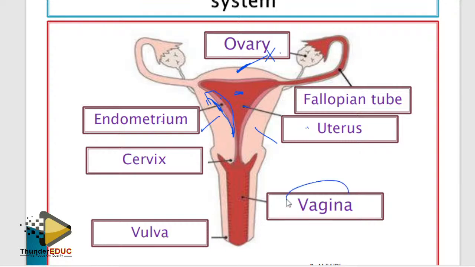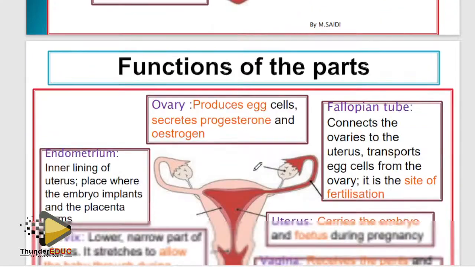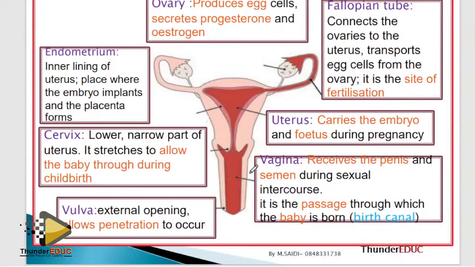What is the second name for the vagina? We said it is the birth canal. Don't call this one the oviduct, the same way you don't call it sperm duct. Call it fallopian tube. If they ask my name, don't call me teacher, call me M. Saidi. That's my name. I'm not oviduct. The male duct you call vas deferens; its name is vas deferens. It's oviduct because of its function: it is the duct, the tube for the ovum. So know the functions, please. At least I've talked about that.